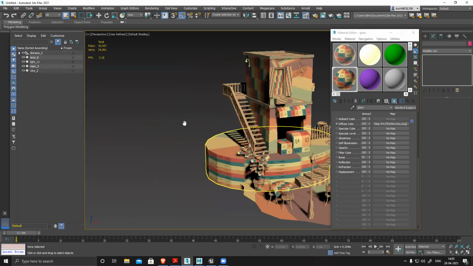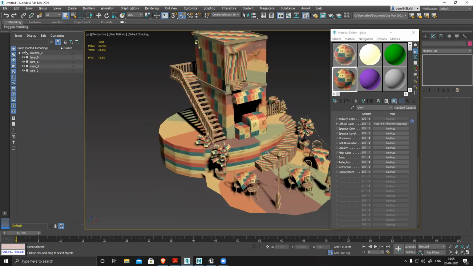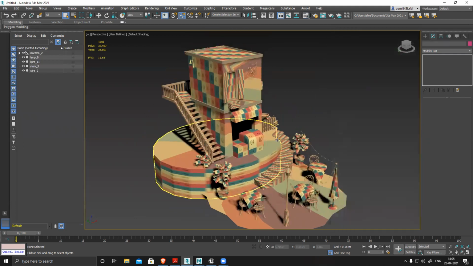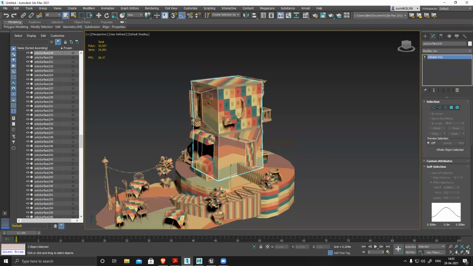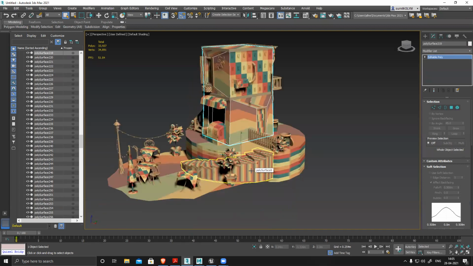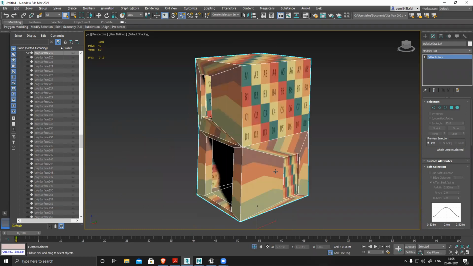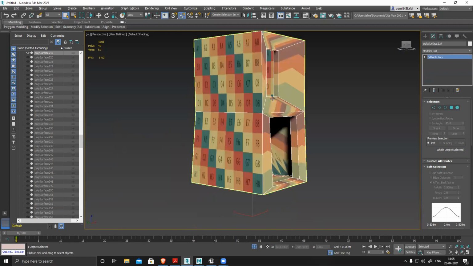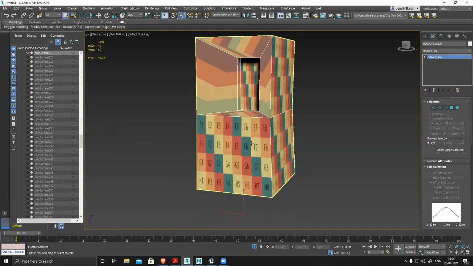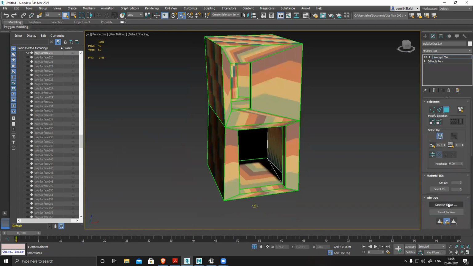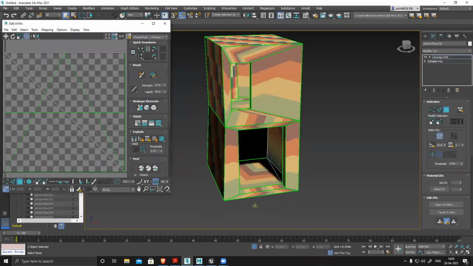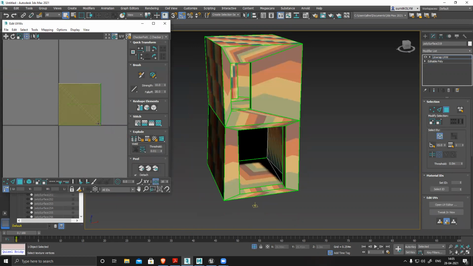So you can see the checker, my UVs are not done yet, so I have to fix all my UVs. I separated the entire mesh into parts so that I can UV it easily. Otherwise, it becomes a bit difficult and tricky. If I see this side it looks fine. This base is fine. Rest everything is messed up. So I split the entire mesh model into separate parts.